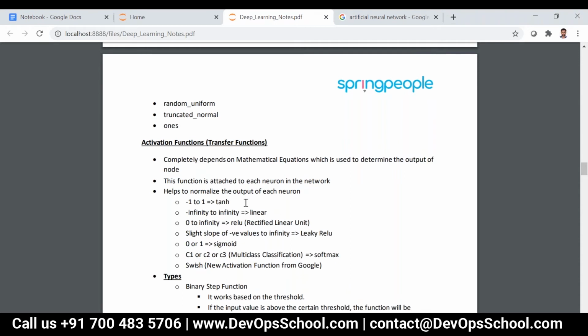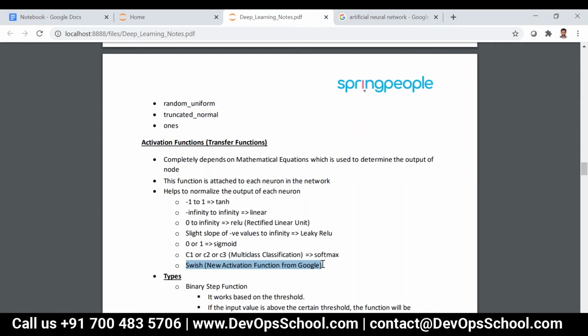These are all types of activation functions: tanh, linear, ReLU, leaky ReLU, sigmoid, softmax, swish. Swish is not under implementation; it is a new activation function from Google, so this has to be used.